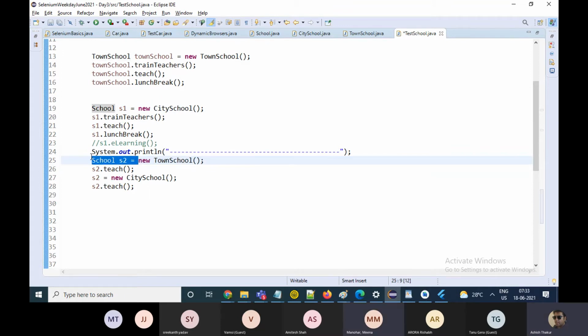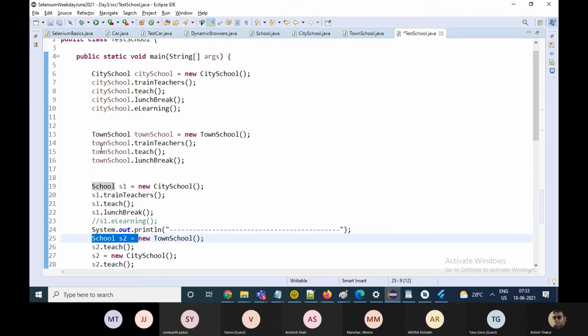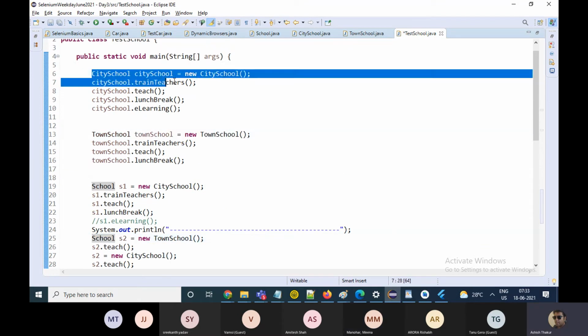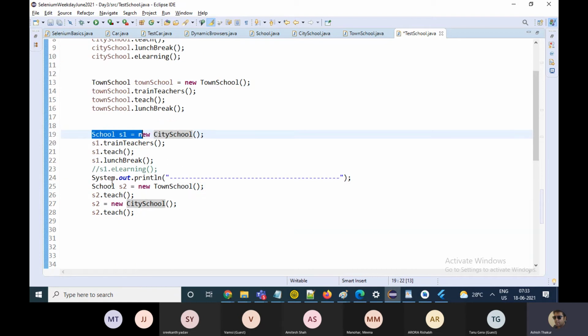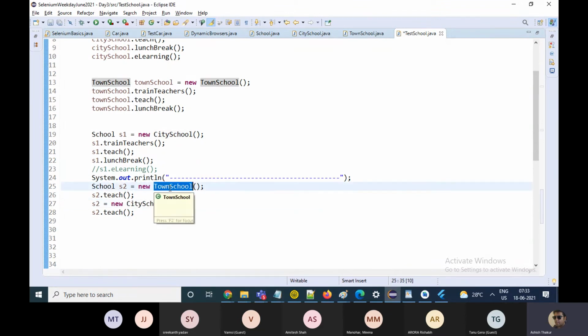I was creating the object of city school, but the reference was of the type city school only. So over here, I changed the reference to the school interface. Now this reference can dynamically point. I can point S2 to town school as well as city school. It's my choice. This is the advantage which I get.